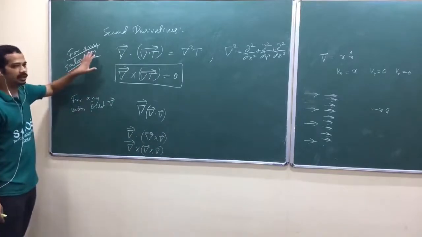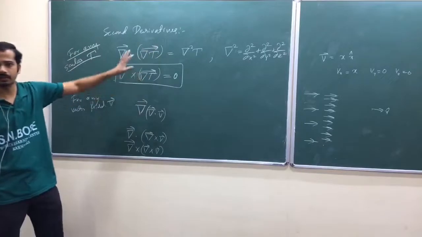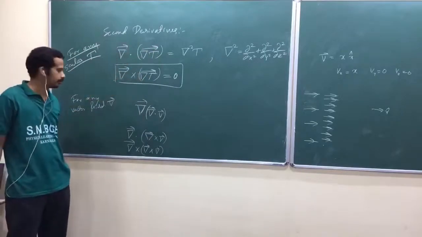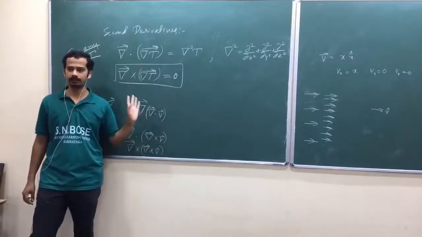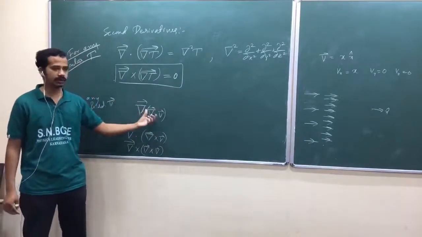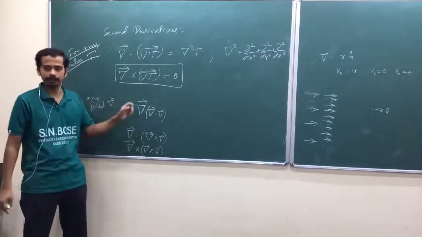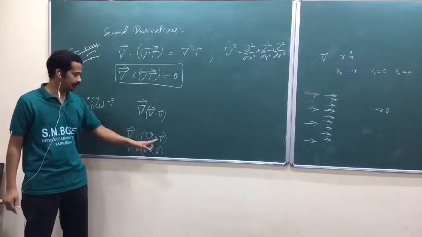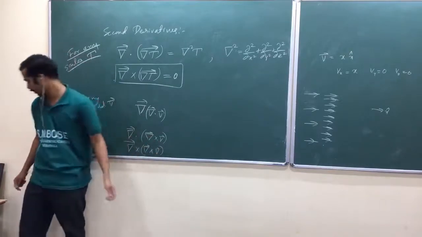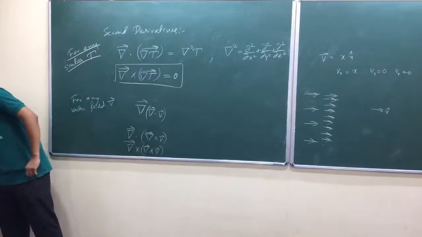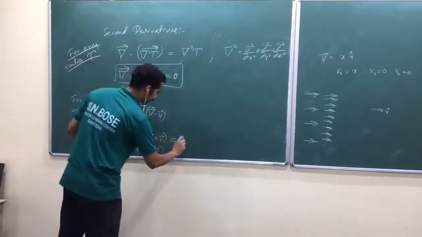I have started with scalar. Scalar, you can take gradient, am I right? Again, gradient is a vector, you can have two things with that one. So I have a vector field, you can have divergence as well as curl with a vector field. So once you have a divergence, that's a scalar, you can take gradient. I mean, we have taken all possibility here, remember. I have a vector, so for that vector, I can have a divergence and a curl, okay. Look at here. So this is always 0.